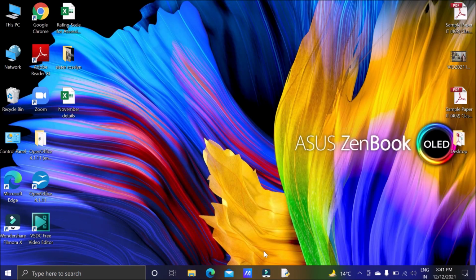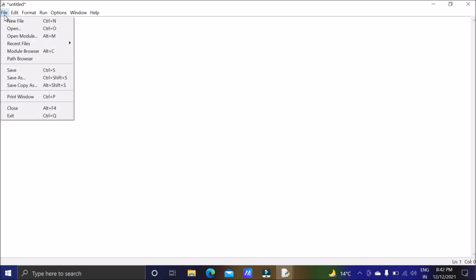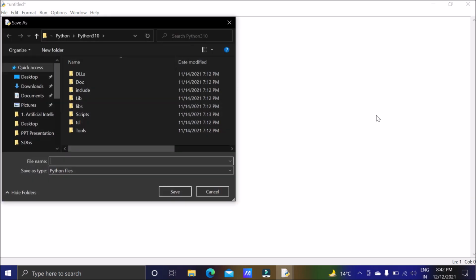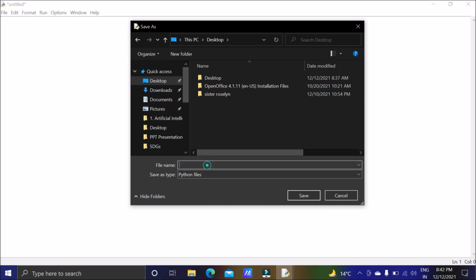So let's start the script mode. Okay, now here I am going to save my file. I'll click on file and then save, or you can use the shortcut Control plus S also. I'm just clicking on save and here you can see now I am able to save my file. So I'm going to save my file on the desktop. I will give a name to the file, suppose class. Instead of class I will give the name of the school, Nazrat Academy.